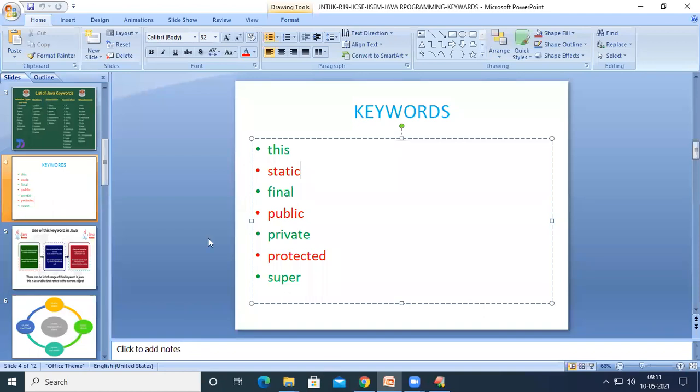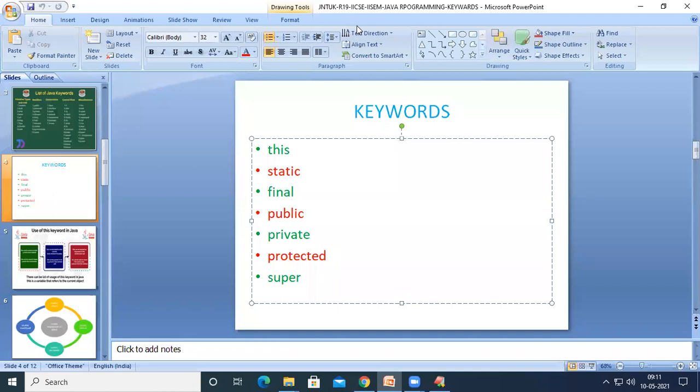And at the same time, we have seen public, private, protected in the last class. If we define anything as public, it can be accessed everywhere in the program. If we define anything as private, it can be accessed only in that particular class. We cannot access it anywhere else in the program. If you define something as protected, it can be accessed in the class and in the subclass, and apart from that subclass, no one can access that protected variable.